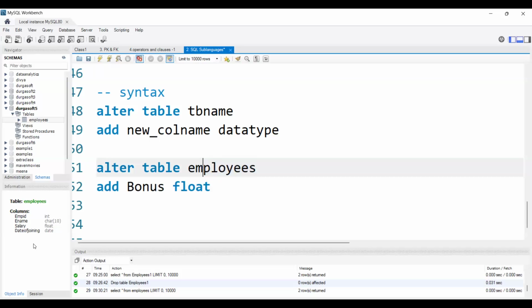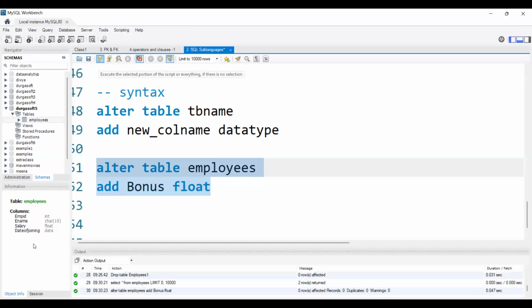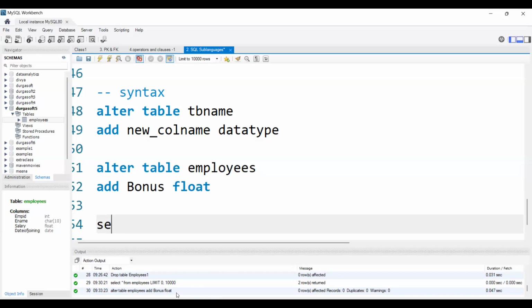Alter table table name, inside the alter we need to use the keyword add, then we need to write the new column name and define the data type for that particular column. Now let me just execute this. See, my syntax got executed successfully. To see the output again, we need to use the select command, right? Select star from table name.